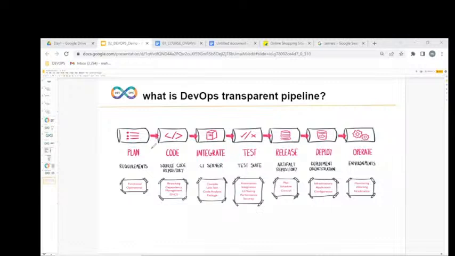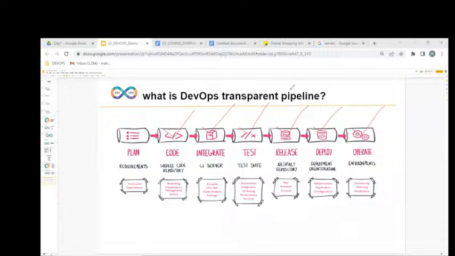So in this DevOps transparent pipeline, our roles and responsibilities start from where? Coding. Ends where? Operations. That means we are part of coding, integration, testing, release, deploy, operation.